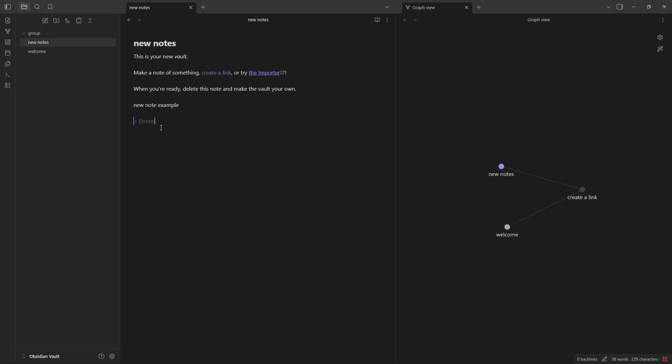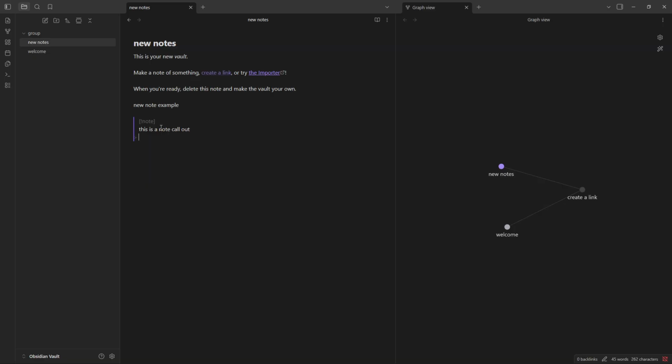First, you'll want to open up Obsidian. Then, navigate to the vault where you plan to use these callouts. Once your vault is open, open up an existing note or create a new one to practice with. After that, simply click inside the note editor and place your cursor on a new line where you want your